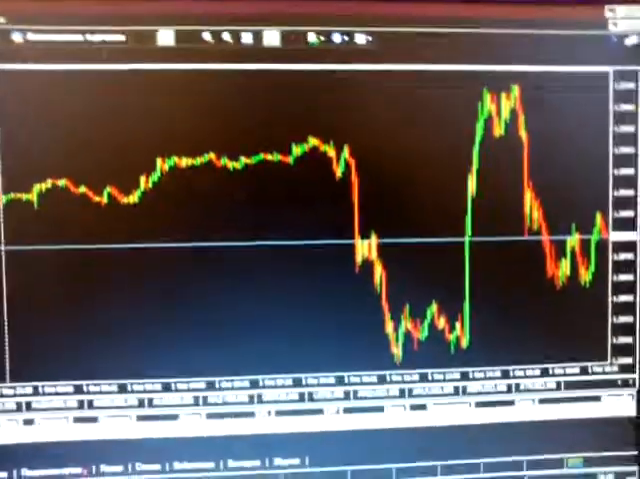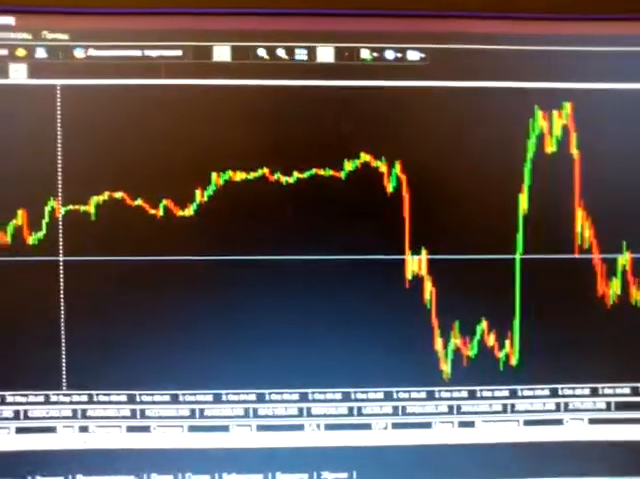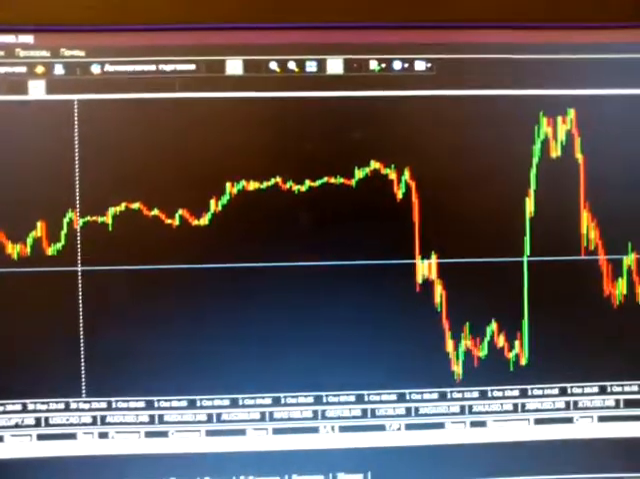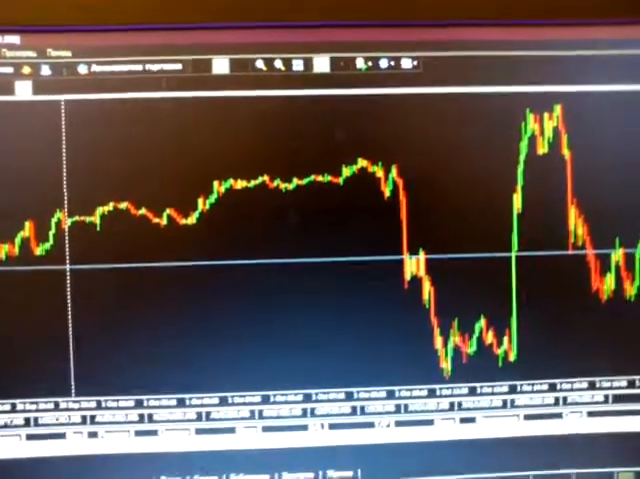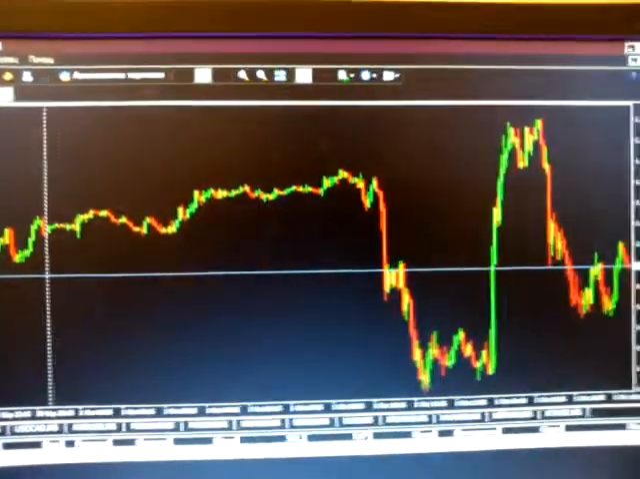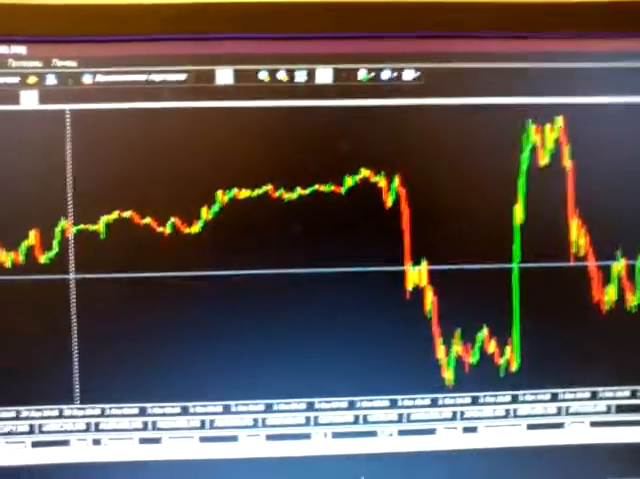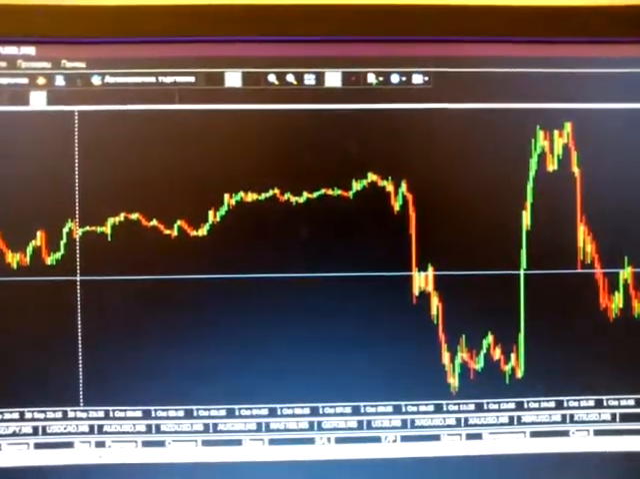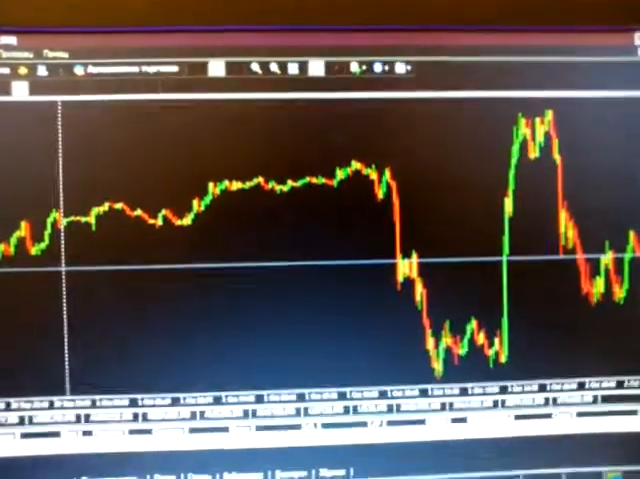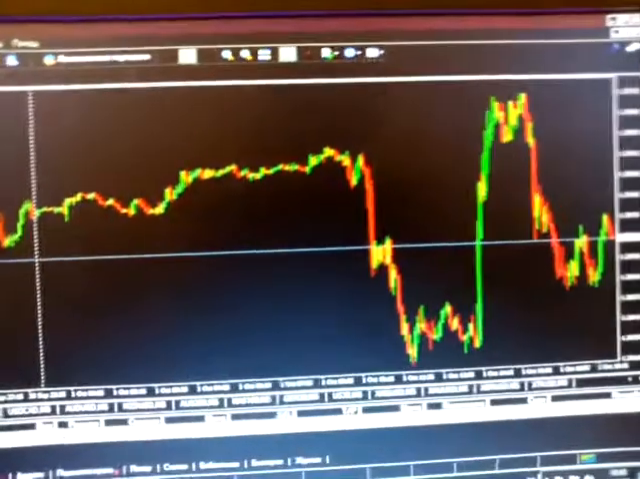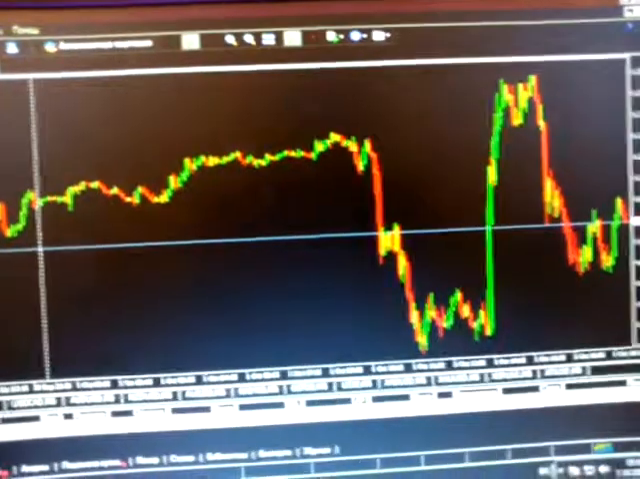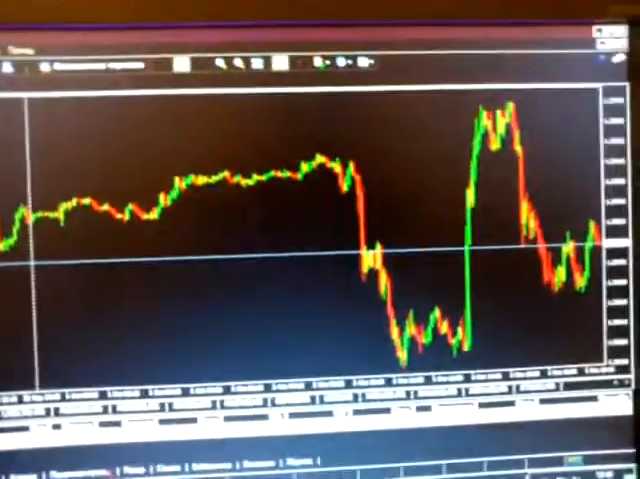So the Asian session is the weakest, let's say it like that. The London session is better, and the US session is the best, because then we have overlapping of the London session and the US session. So the active trading hours are very important for us. We trade when